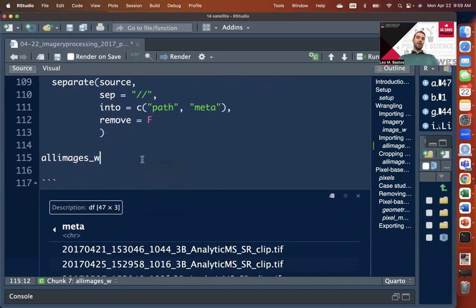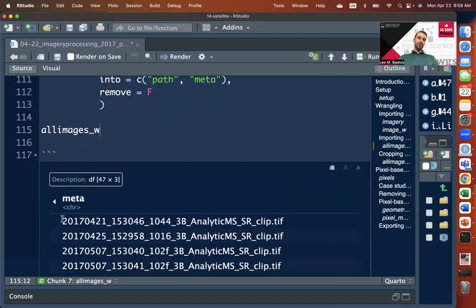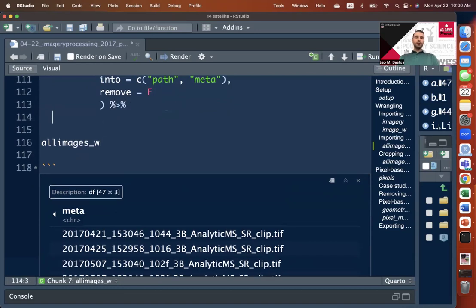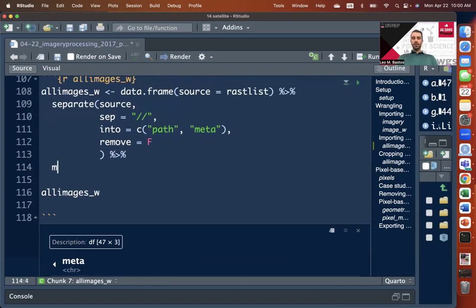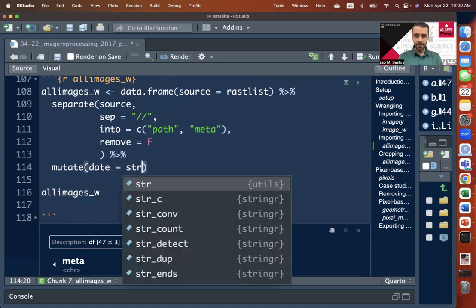So my next goal here is to go into this column meta and just get those first 8 characters, and that's going to be my date. So if you give the pipe, we're going to do a mutate. I want to call this new column date. I want to say equals to. We're going to use a function called,